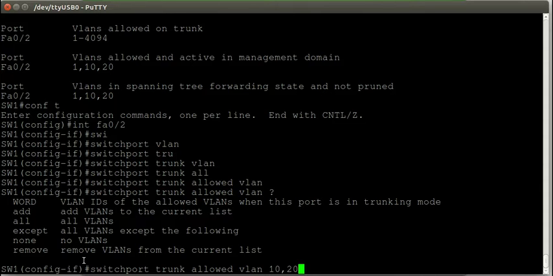No, it's best practice to allow only VLANs you configured on your switch. So in this case, I'm going to only allow VLANs 10 and 20, because it's best practice to only allow VLANs on a trunk link that need to be allowed. So in this case, if I configure VLANs 10 and 20 on this switch and on this switch, but for